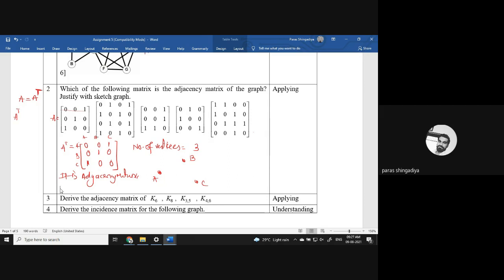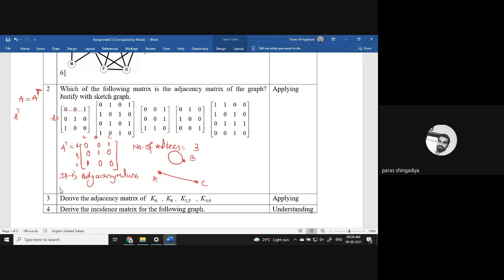So now we'll consider the entries of one, and as per the ones we'll connect. So A to A is 0 means there is no loop at A. A to B is also 0 means A and B are not connected. A to C is 1, so what does it mean? We will connect A and C, okay. Then for the second row, for the second vertex, B to A is 0 means there is no connection. B to B is 1, तो उसका मतलब क्या हुआ कि आपको B पे एक लूप बनानी है, ठीक है. There is a loop at vertex B, and then B to C is 0 means B and C are not connected. And similarly C to A is connected, so we already created that edge. C to B is 0 and C to C is also 0. So that is the graph of the first matrix.